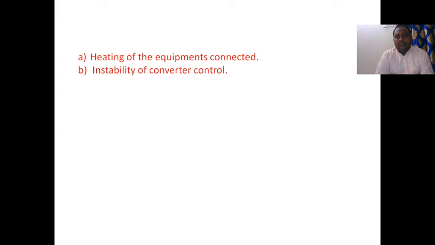The stability problem is mainly in an AC system from the stability point of view. So the stability problem is very minimal in an HVDC system, but HVDC contains both AC and DC systems, so normally instability is present in an HVDC system also. Instability of converter control